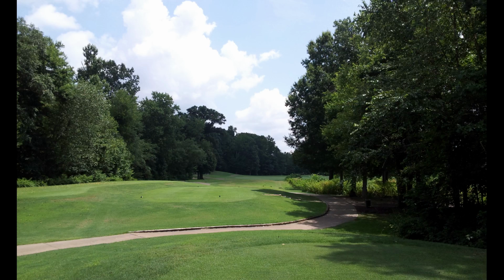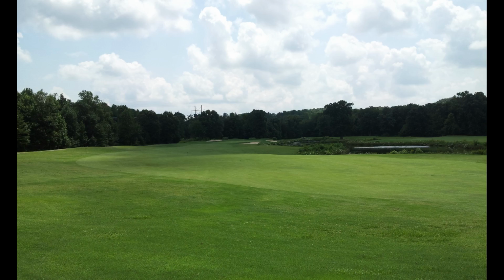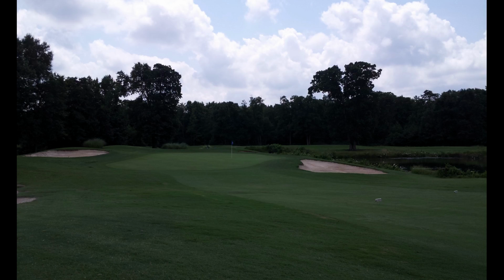So there is a kind of a shoot effect on some of the holes, but overall it's not too bad. I can only think of one hole, maybe two, where it's so narrow that you'd really have to be extra careful to get in play there. But it's not so tight that it's impossible or almost impossible, where 9 out of 10 times you wouldn't make it. And it's not so wide that